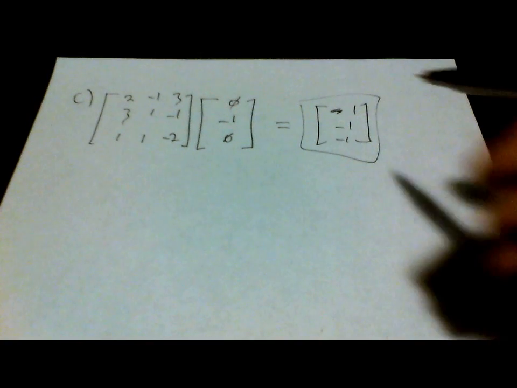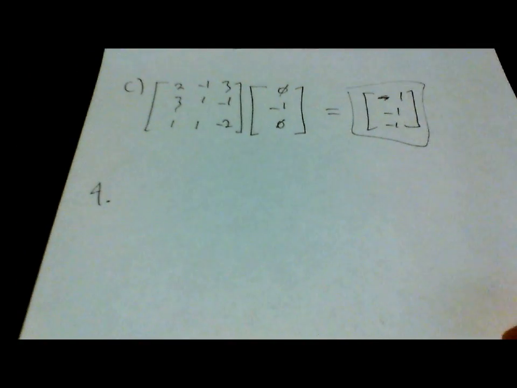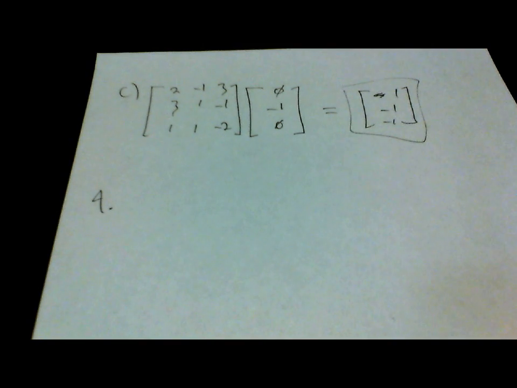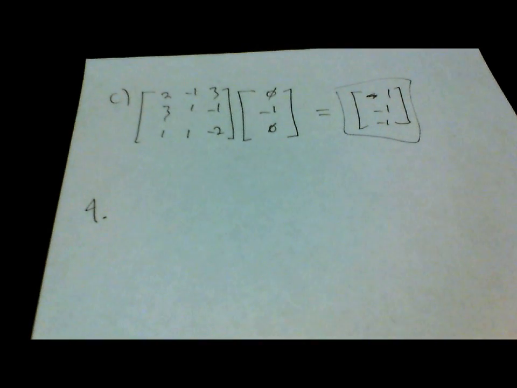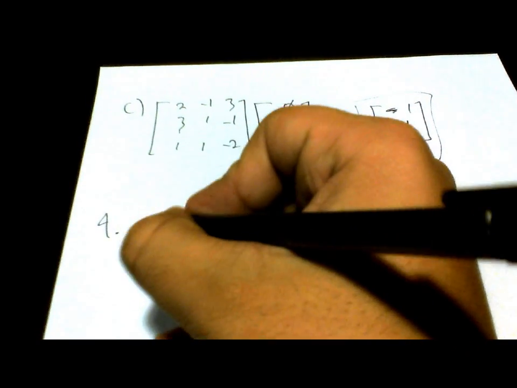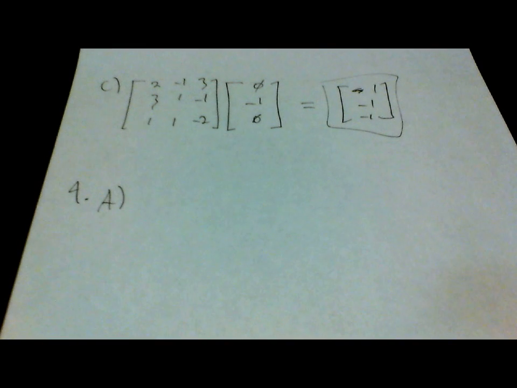So now we're on to question number 4. This question seems to have had a bit of disagreement about it, so I'm just going to go over it a little more carefully than usual. For A, it wants us to figure out the matrix which would rotate 60 degrees clockwise, but it would first reflect the vector about the line y equals -x,